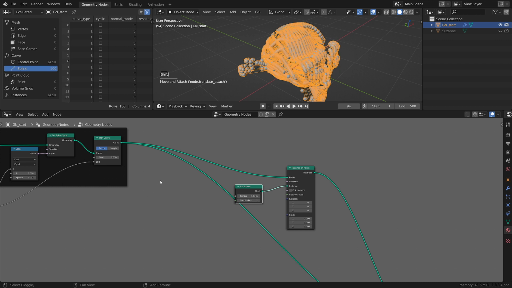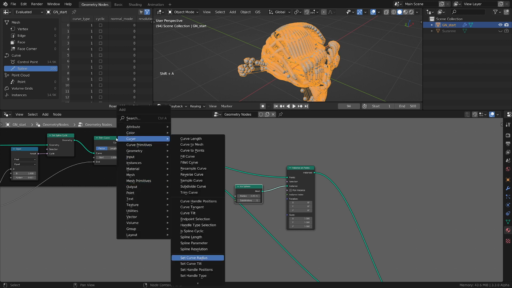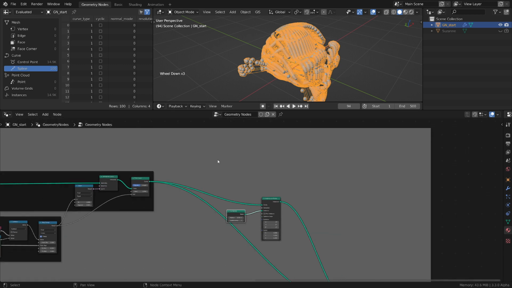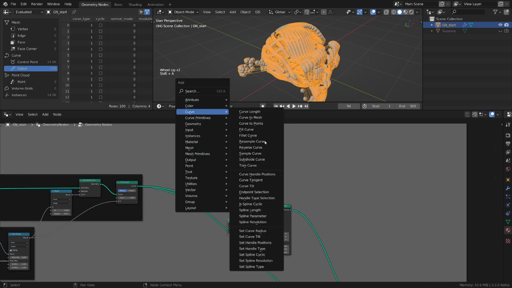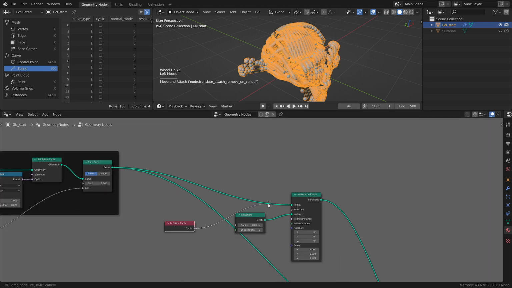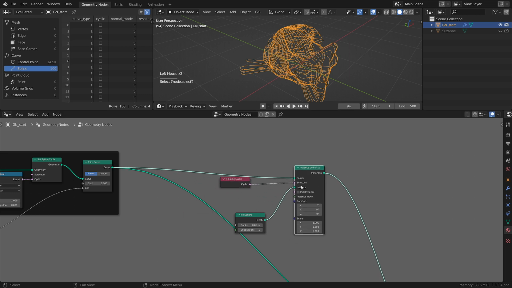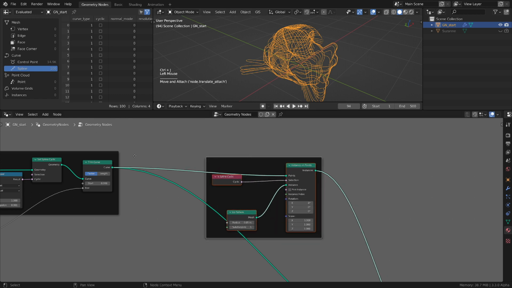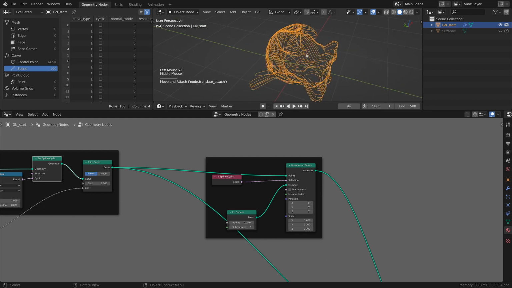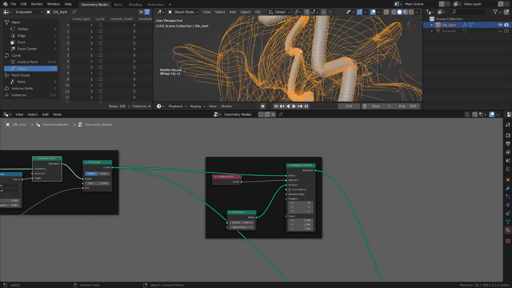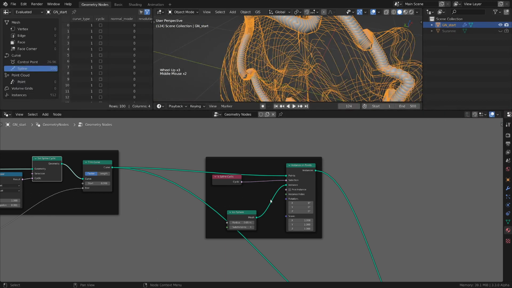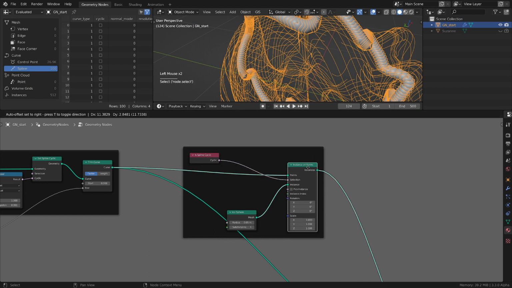And once we did this, we have this cool node called curve, curve is spline cyclic. It's a boolean that we can plug here, and it's gonna make sure that we instance points only if the spline is closed, and it's gonna be closed when the animation is over for it. So let's move like this, and you can see now we have a bunch of dots here, too many, and the reason for that is that